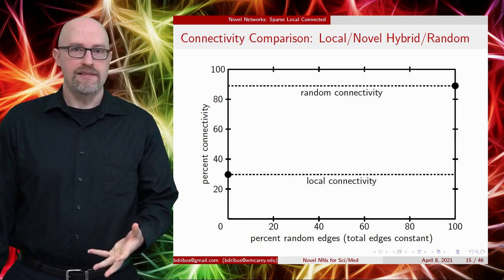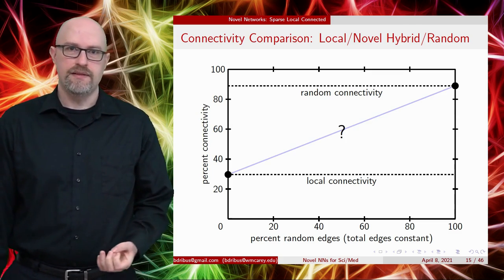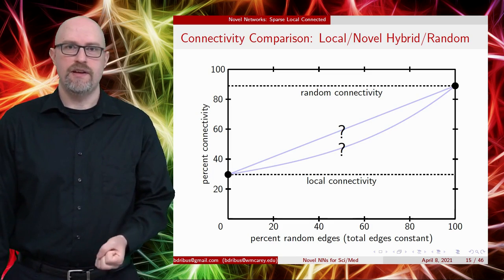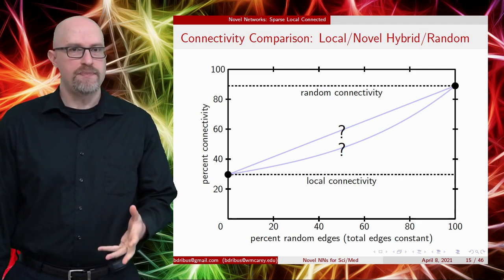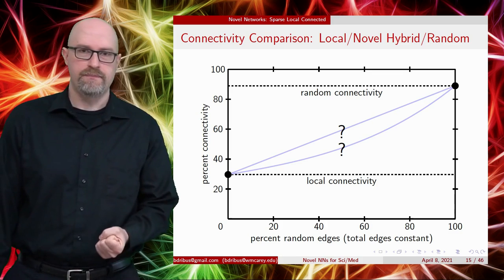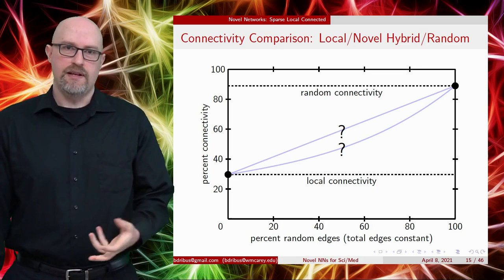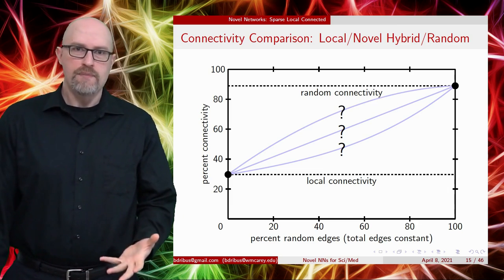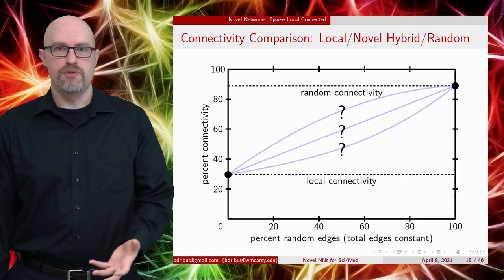The simplest guess is a linear relationship like this. A more pessimistic guess would be a sublinear relationship, where most of the edges must be changed to random before we see a significant connectivity improvement. A more optimistic guess would be a superlinear relationship like this, where hybrid network connectivity quickly improves with just a